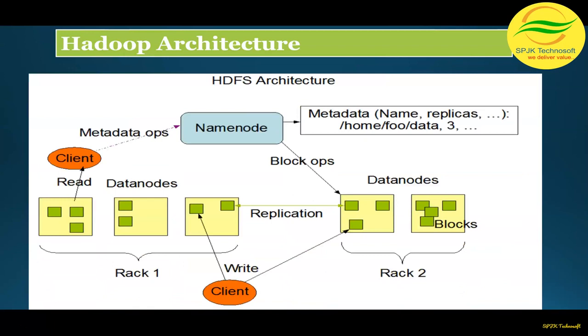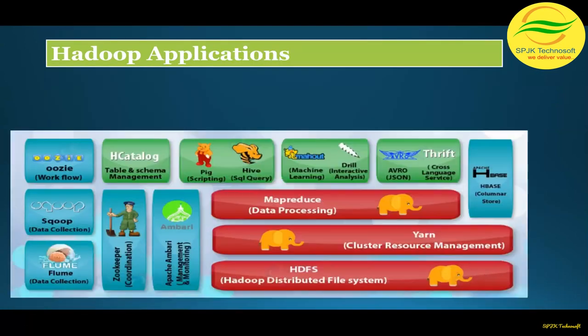Moving ahead, so this is what the architecture generally we have. We have the name node, we have different data nodes, and we have the replication factor. Basically, each and every data which is divided into different blocks needs to be replicated 3 times for the fault tolerance part. And then we have the racks where the data nodes or the data node servers are stored. So this is in brief the architecture of Hadoop.